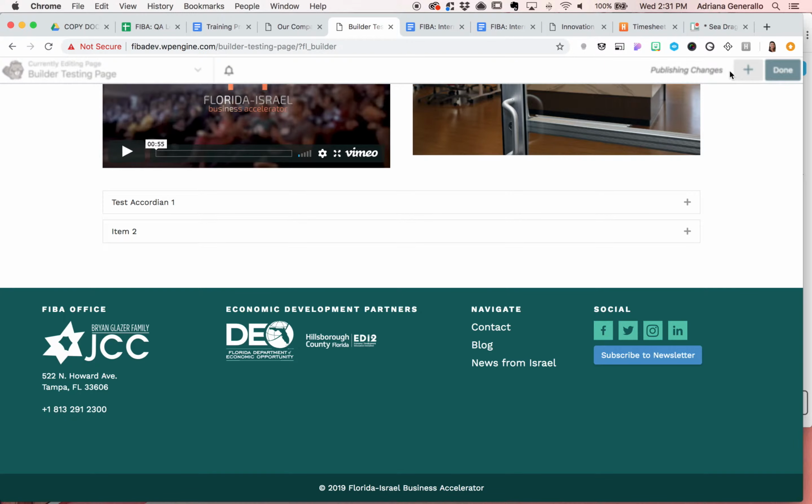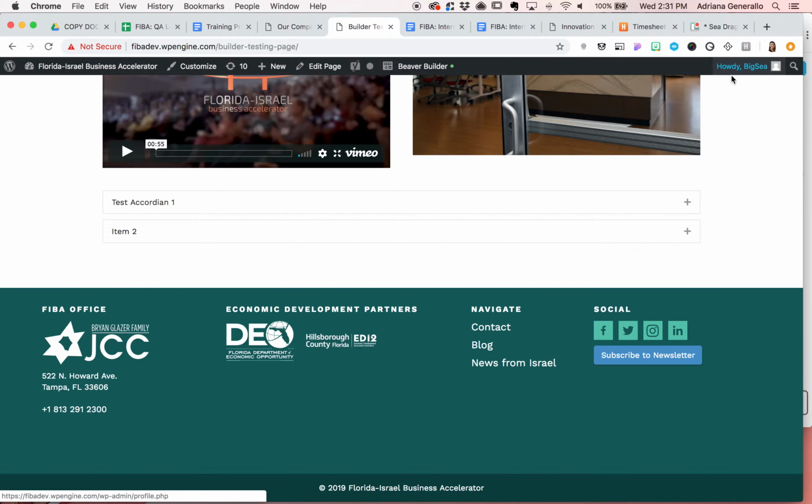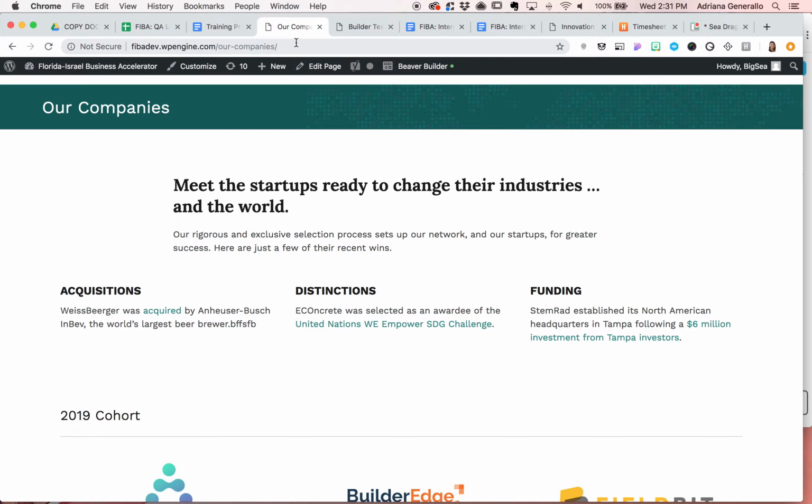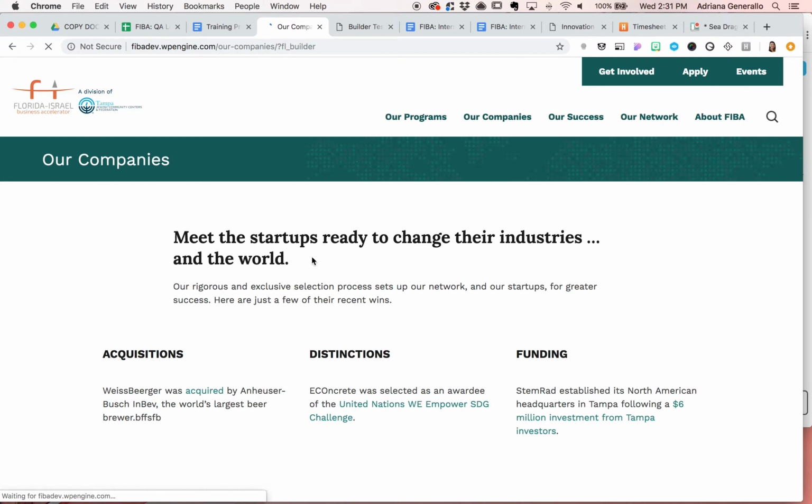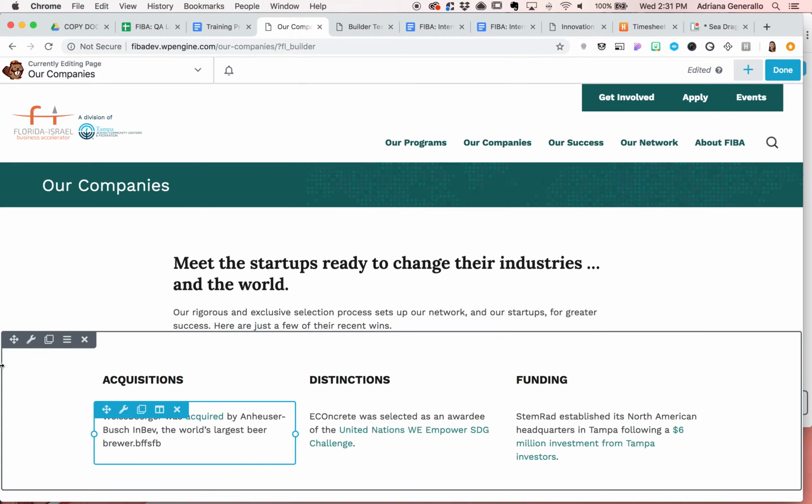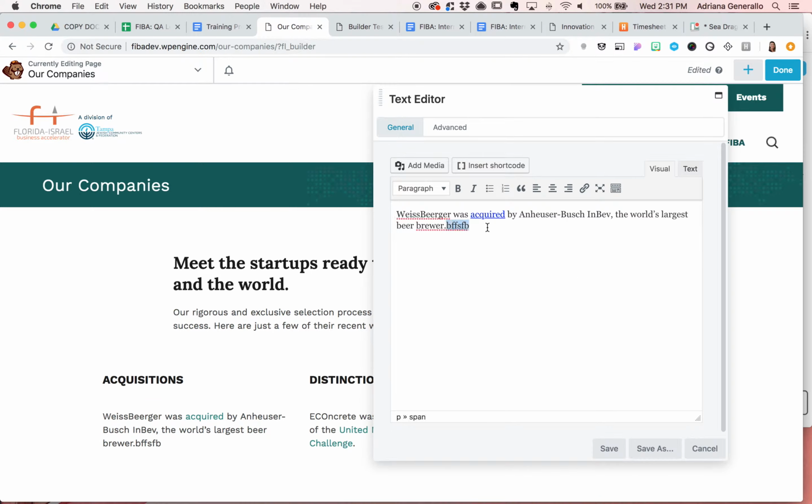And you publish, and then when you refresh the page that you were working with, you will notice that it's still there, because even though you deleted the global module, you still enacted this change when you did that. But now you see that the gold is gone. So you can come in here, undo what you did,